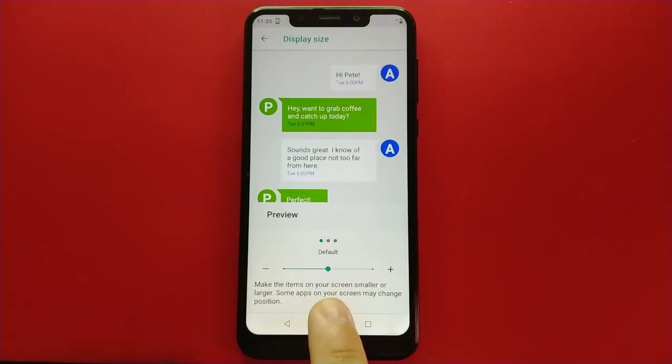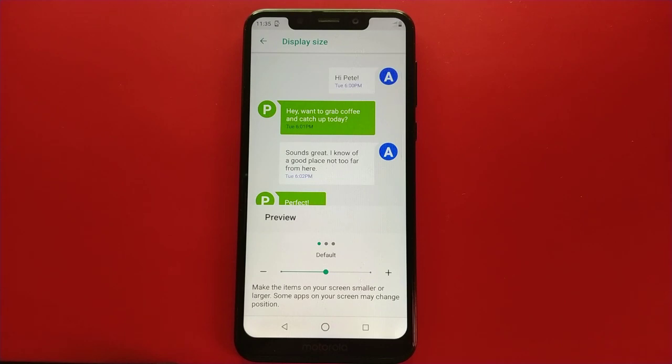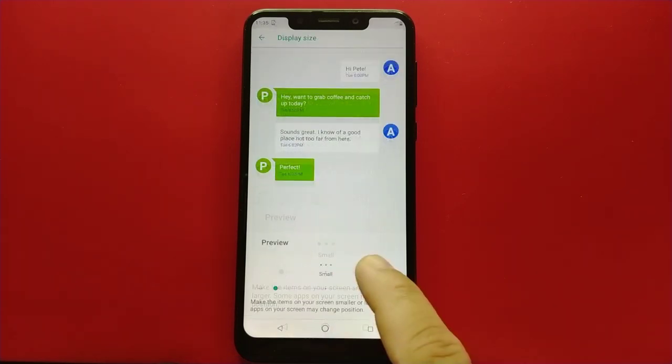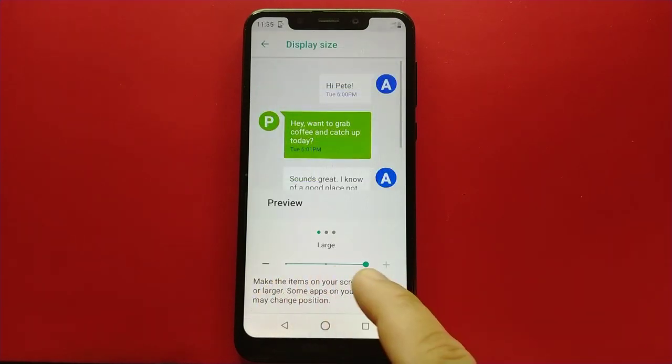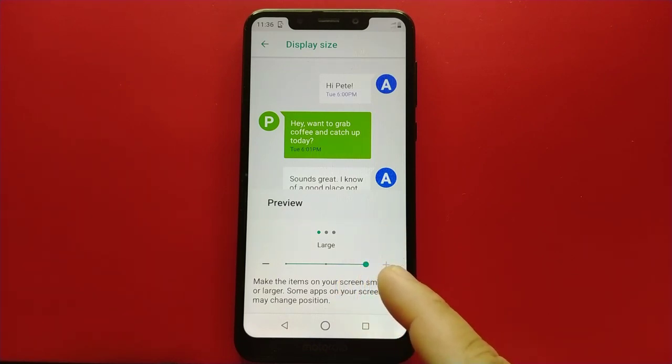Now here, make the items on your screen smaller or larger. Some apps on your screen may change position. To change the display size, you can adjust to the left or to the right. Okay guys, I set it to large. And that's it. We have successfully changed the display size of your Motorola One